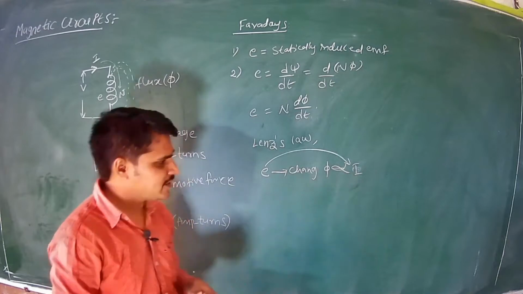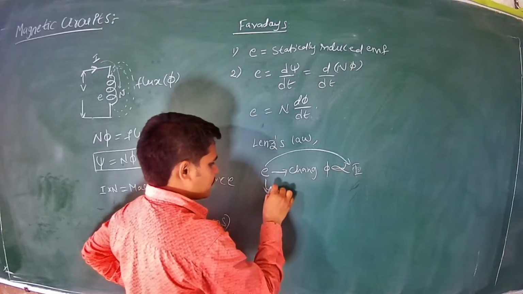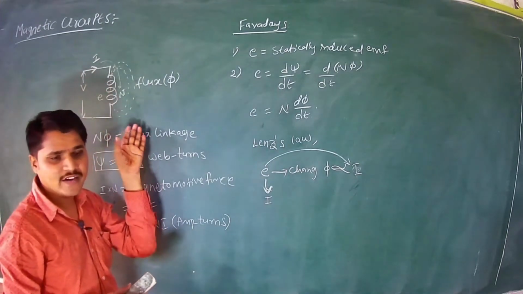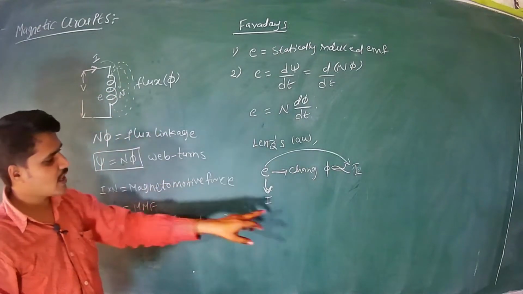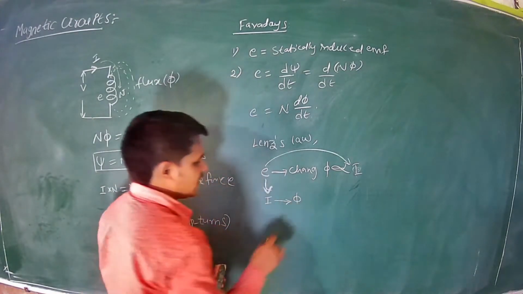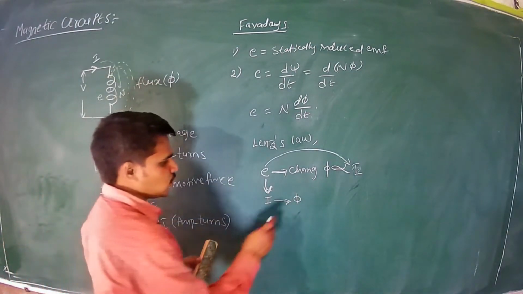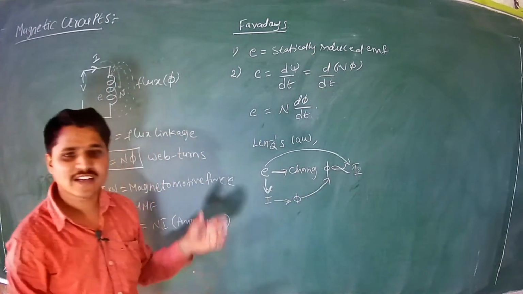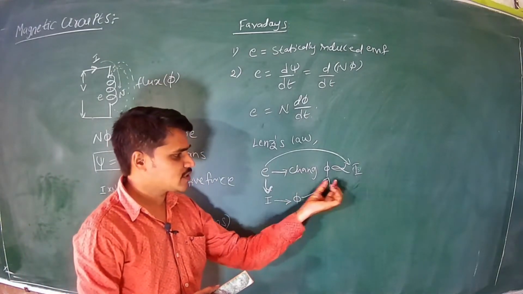This induced EMF must oppose the current, so whenever this EMF is there, due to this EMF the current is again generated in the coil. Because whenever you allow the supply current, once the rate of change of flux linkages exists, EMF is induced. Due to this EMF, current starts flowing. Due to this current, the winding again has its own flux. So this flux must oppose this flux. That is what Lenz's law says. Therefore, this flux must be opposed to this flux.